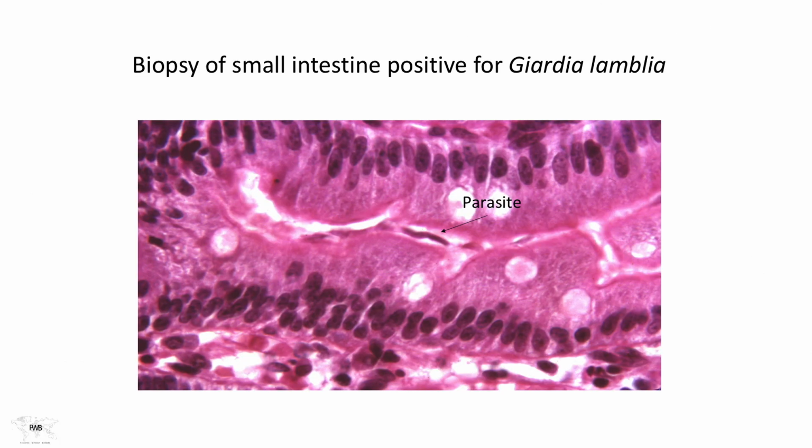Now, sometimes when a person comes in and is diagnosed with malabsorption syndrome, other diseases are thought of, including Crohn's disease. When the biopsy is taken to diagnose Crohn's disease, they found out that indeed they didn't have Crohn's at all. Rather, they had an infection of Giardia lamblia. And you can see one of those parasites shown here. Although you wouldn't be able to recognize this as Giardia, a well-trained pathologist can tell you exactly what that represents. And the diagnosis is made, and then we can go on with the treatment.